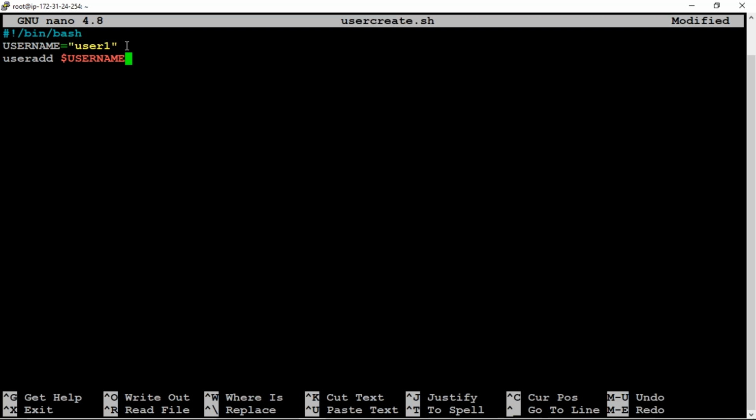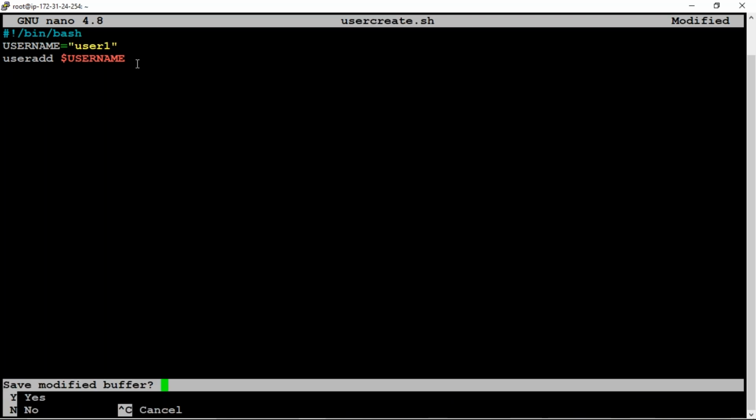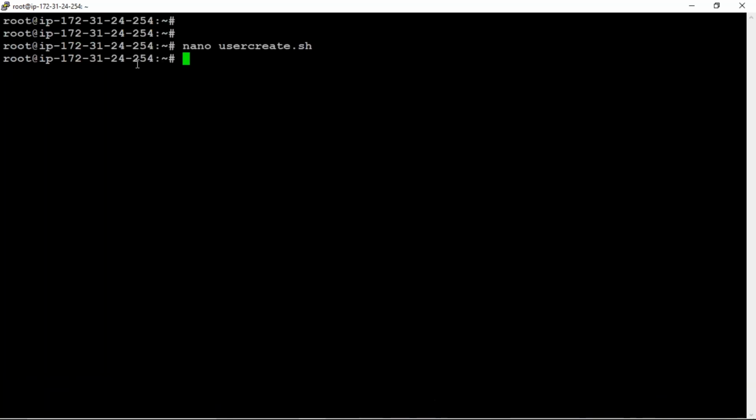So are you following? #!/bin/bash. Username I've assigned as a variable, and this user I wanted to create. And I'm adding that user to my script. Now save and exit. Press Ctrl X, press Y and hit enter.